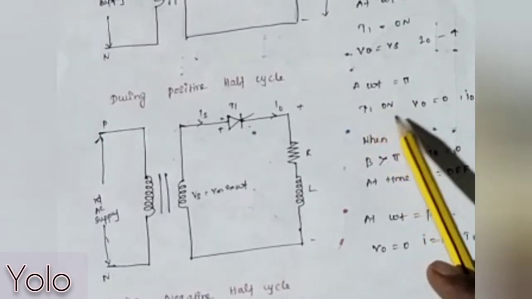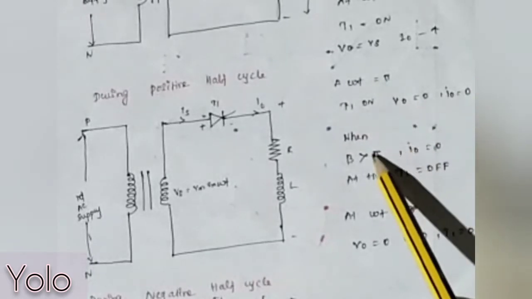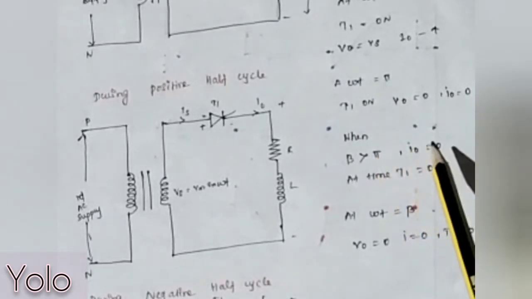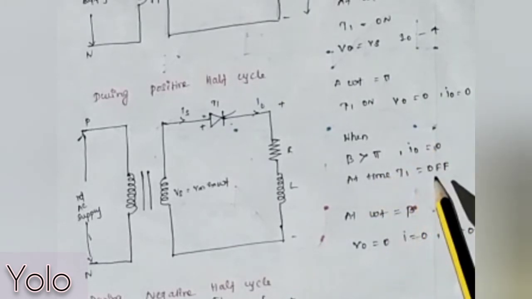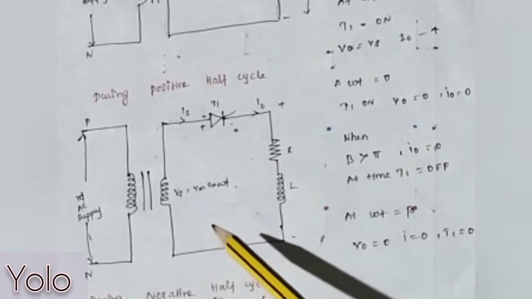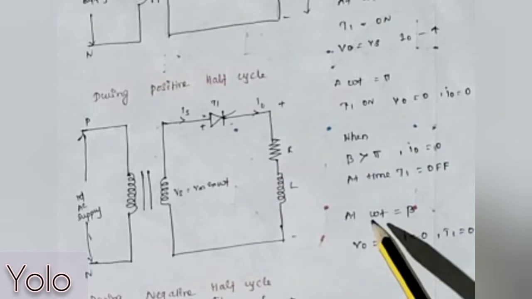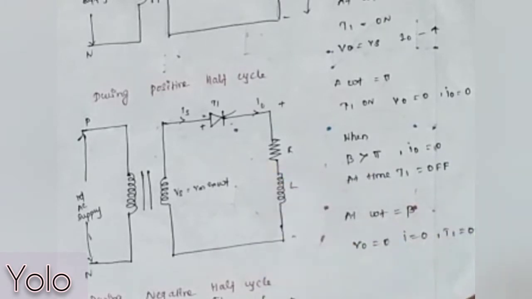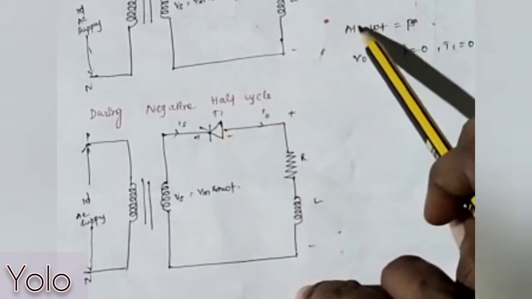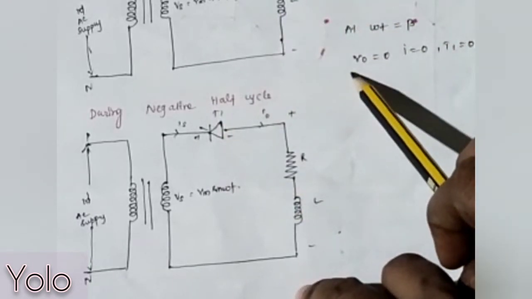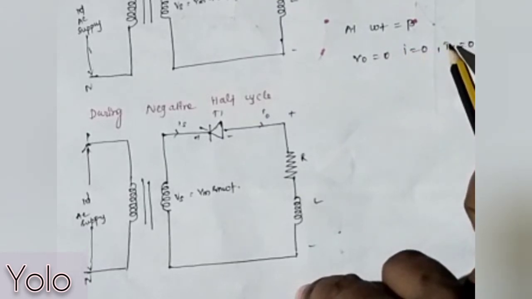At some angle beta greater than pi, I0 reduces to 0 and thyristor T1 is turned off, and it is already reverse biased. At omega t equal to beta, V0 equal to 0 and I0 equal to 0. At omega t equal to 2 pi plus alpha, the SCR is triggered again and V0 is applied to the load. Angle beta is called the extinction angle and beta minus alpha equal to gamma is called the conduction angle.